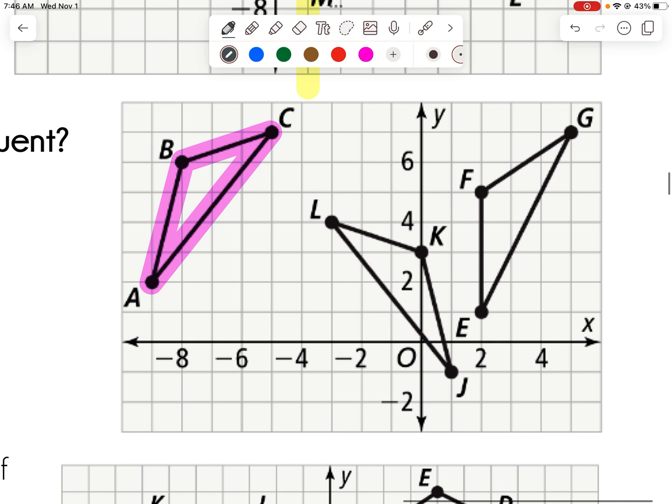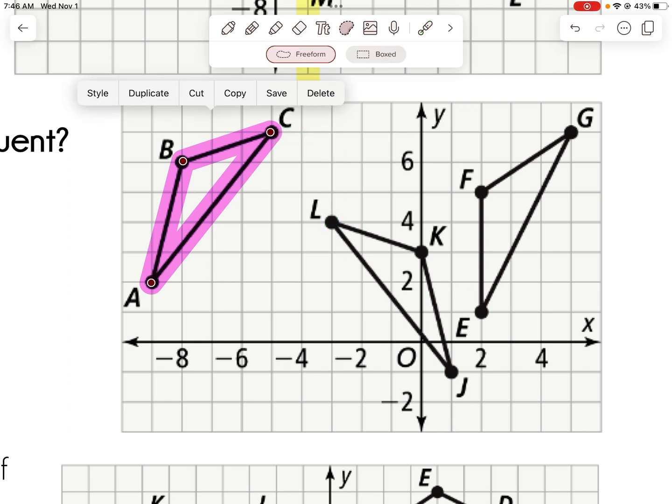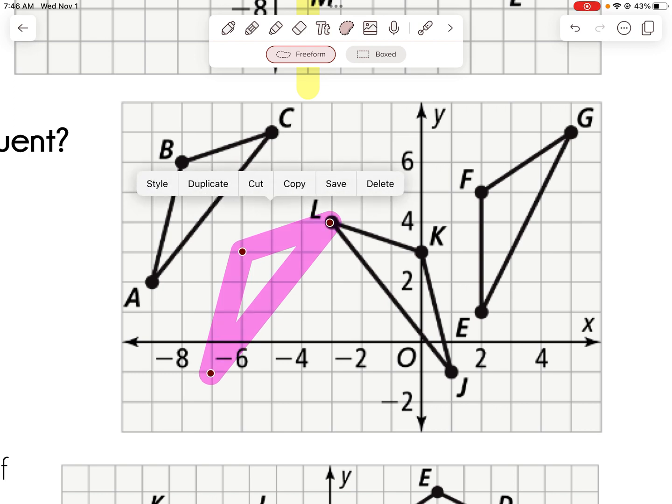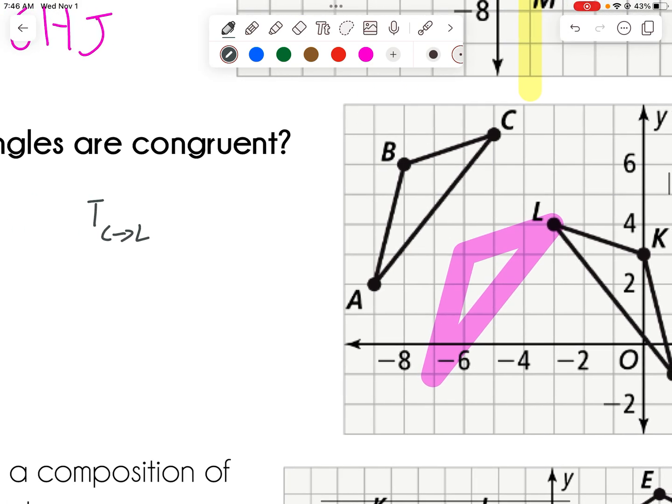Okay, now this works. I could describe it as going over 2 and down 3, but this works whether I'm describing it like that or not. C landing on L. All right. Now, after I translate,